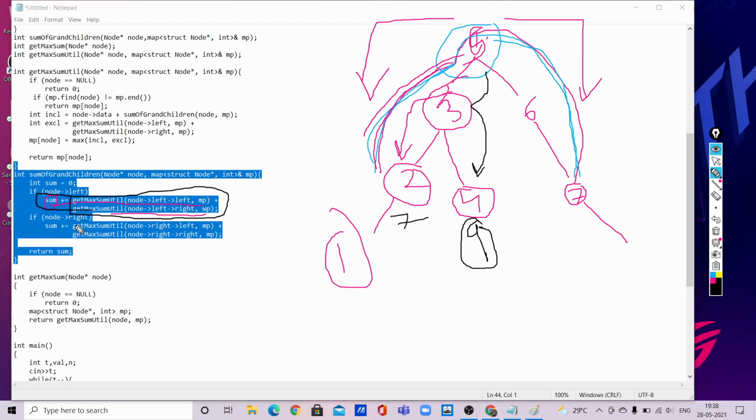If we go into the right subtree, let us assume some x value is here.